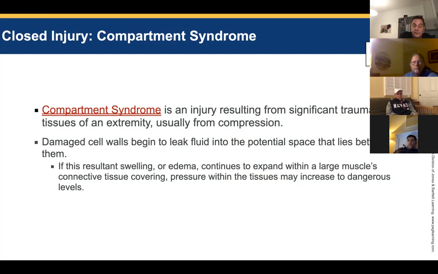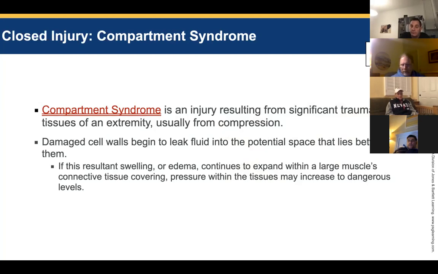If this resulting swelling or edema continues to expand within a large muscle's connective tissue coverings, pressure within the tissues may increase to dangerous levels. Somebody that's being crushed and continually crushed, this can cause compartment syndrome. And that's where one area is not getting anything,